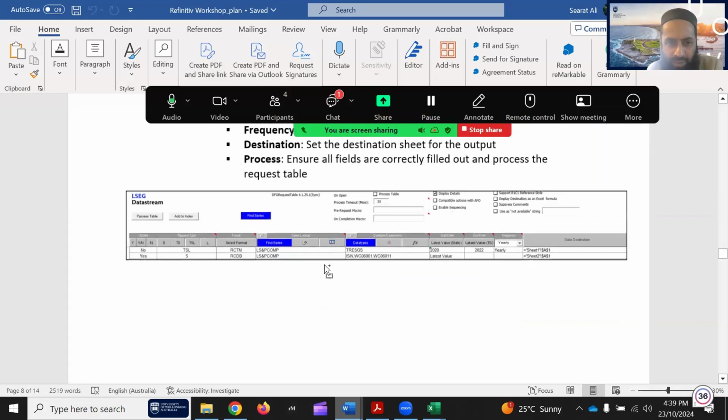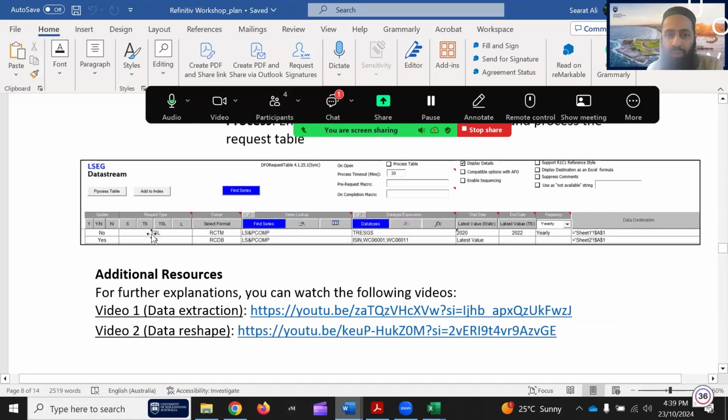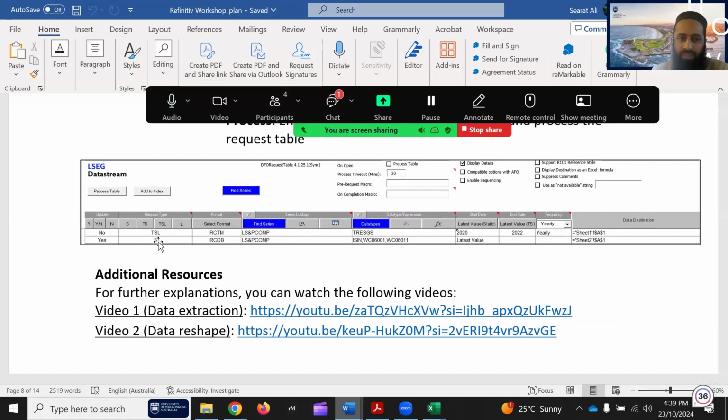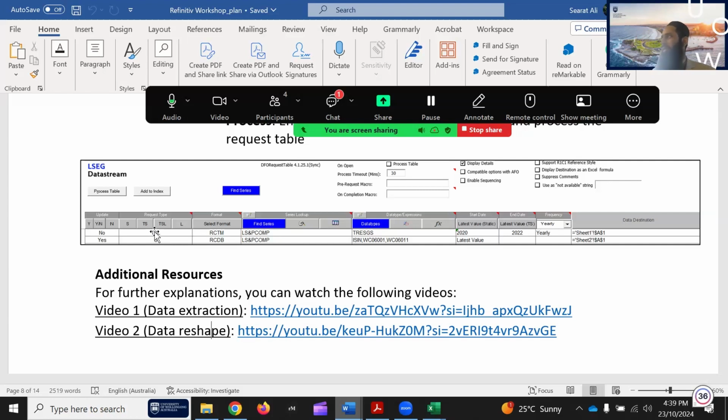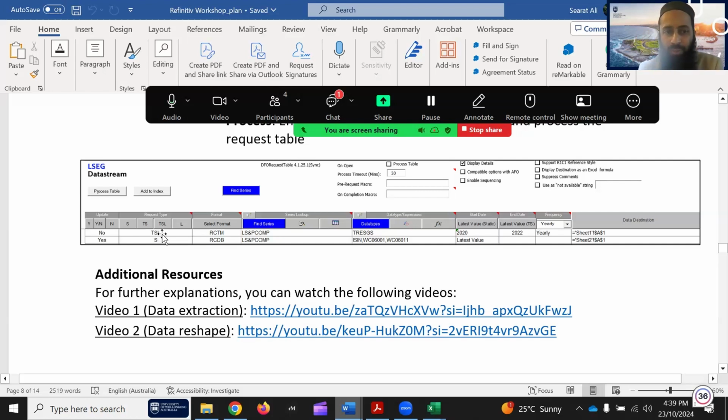And I have added here a screenshot. If I have to extract ESG data for S&P 500 firms, so here is the list code. I put the format, two different requests. One is TSL, time series list, and the second is S, static. Static is for unique identifier, ISIN code, company name, industry. So any static data, you need to put static here. Any time series which changes over time, like ESG score, any variable which changes, you have to put TSL, and the constants are basically static.